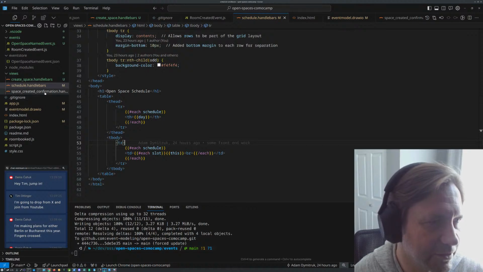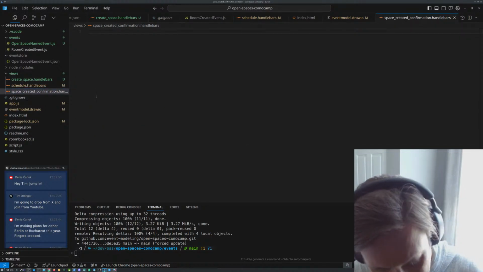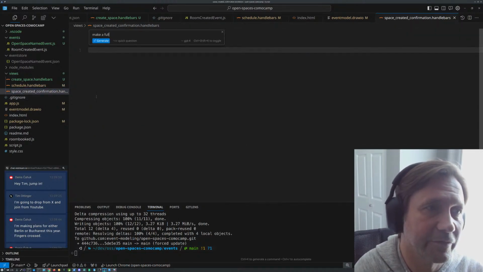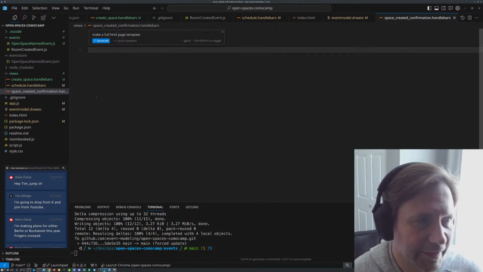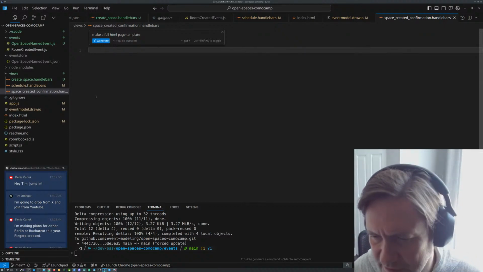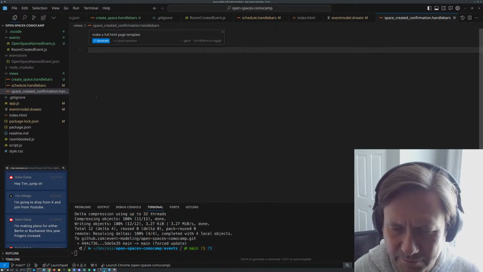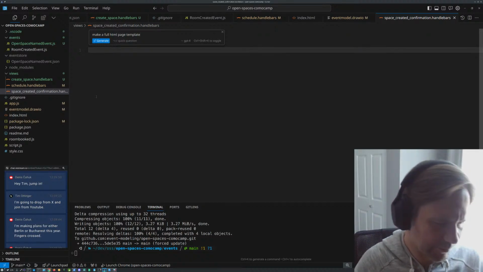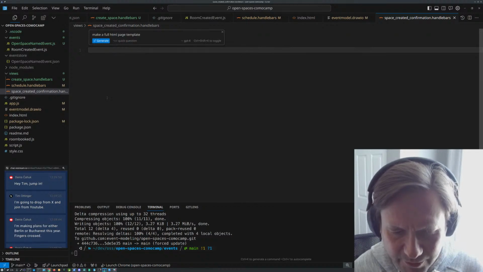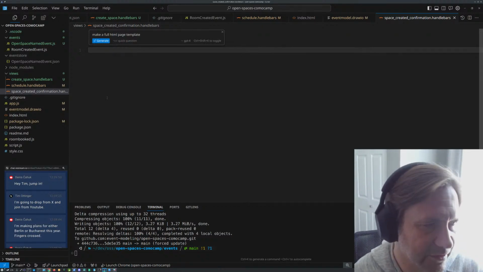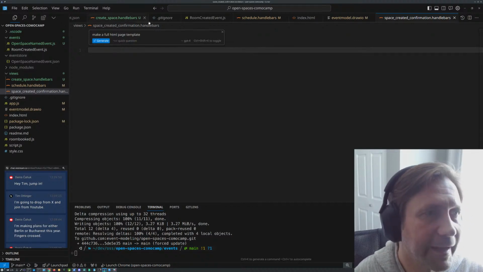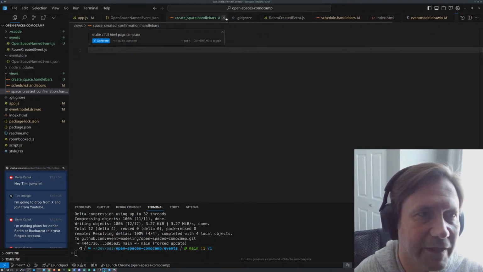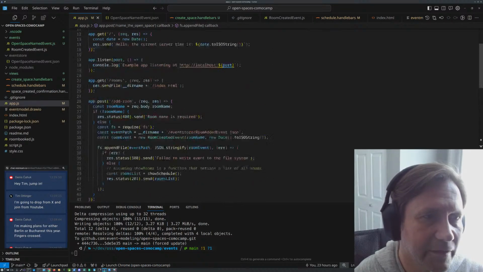All right, let's get this confirmation handlebars thing done. So let's AI make a full HTML page template. I'm not using the layouts in handlebars. Handlebars has this content nesting, like you would with Hugo and other static site generators, where you have a template for all pages where you can put your menu and your styles and all that. For this, I want to keep things separate, so I have turned off that feature in handlebars.